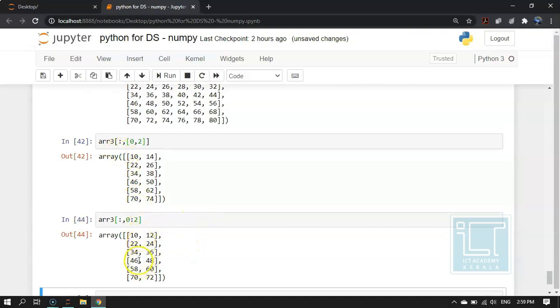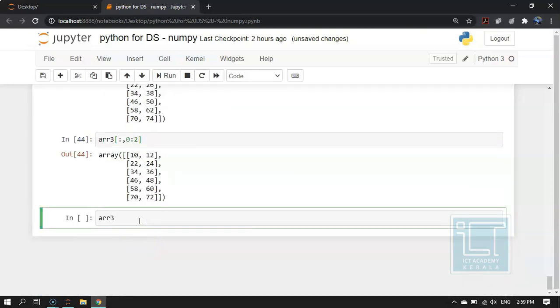Here in the second code, this will take out all the values of all the rows of columns 1 and 2. That is the column with index value 0 and 1. Here it will take out specifically these two columns. Whereas in this it will take out the columns from this to 1 minus this. That means from 0 to 1. Okay, so that is the difference between these two codes.